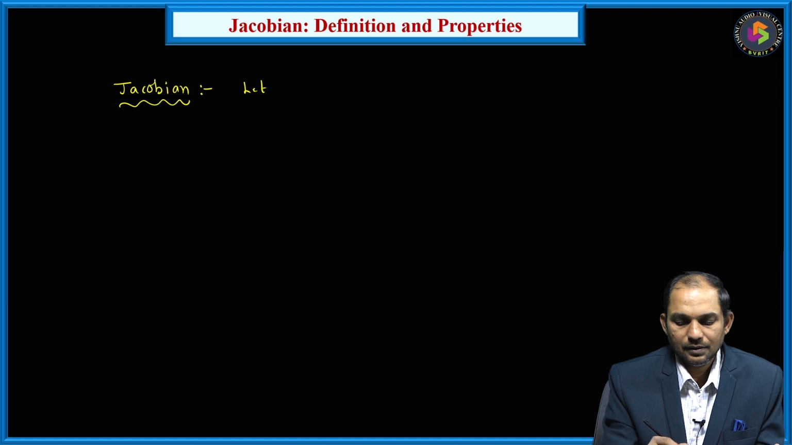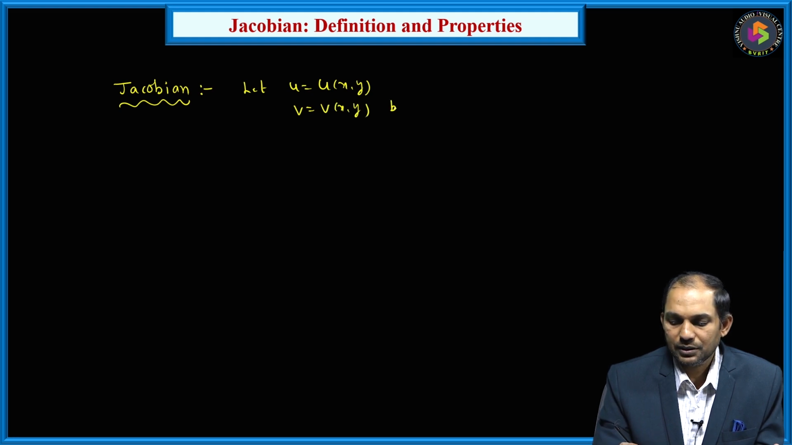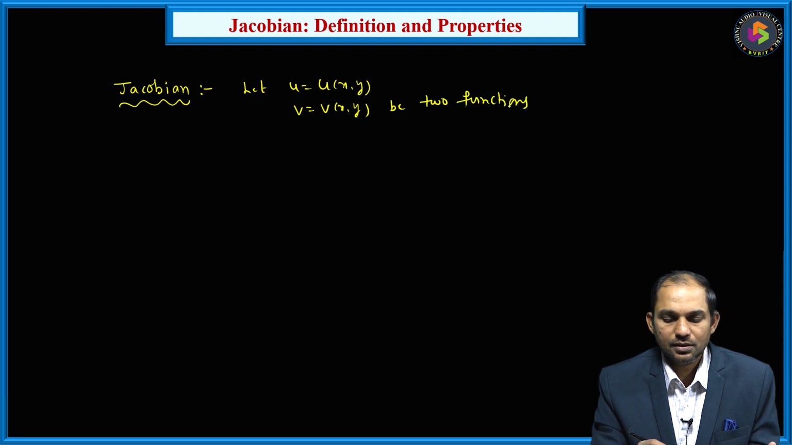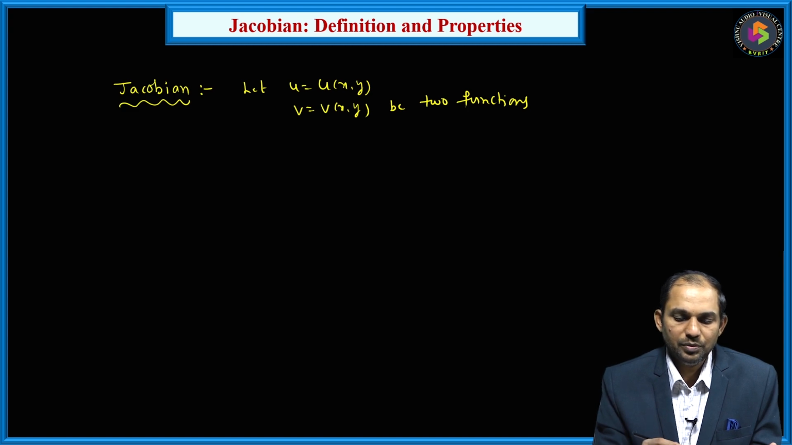Let u is equal to u of x comma y, v is equal to v of x comma y be two functions. These two functions are involving two dependent variables u comma v and two independent variables x comma y. Here u and v are dependent variables which are expressed in terms of x comma y. Then the Jacobian of these two functions is denoted with